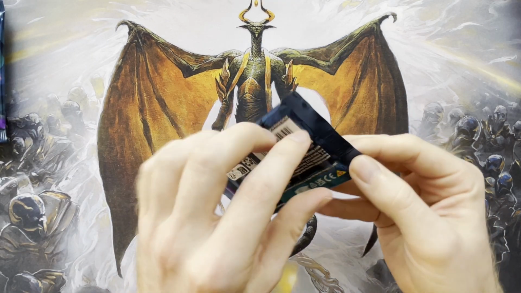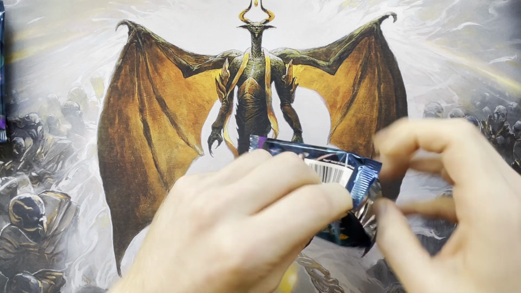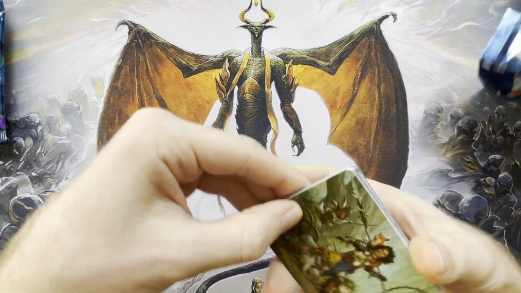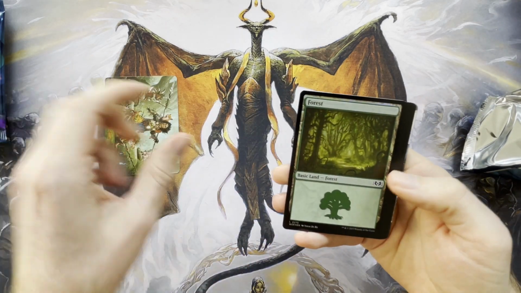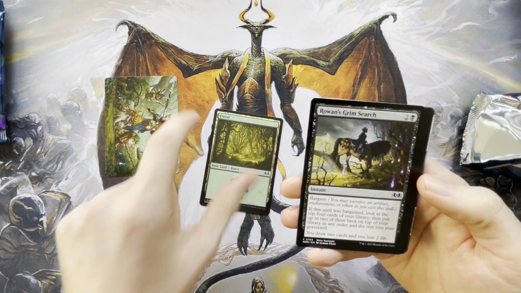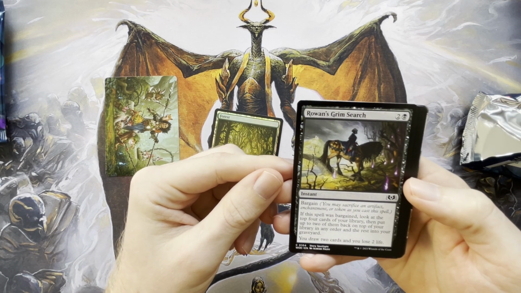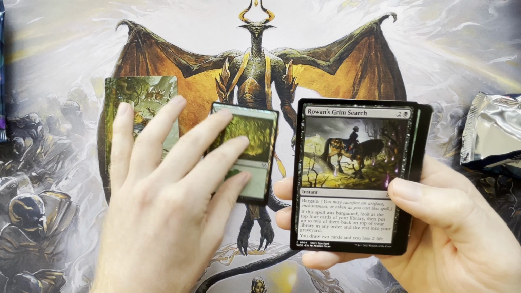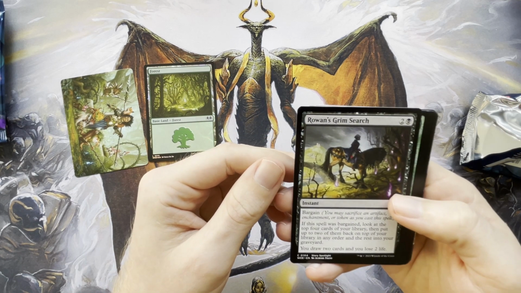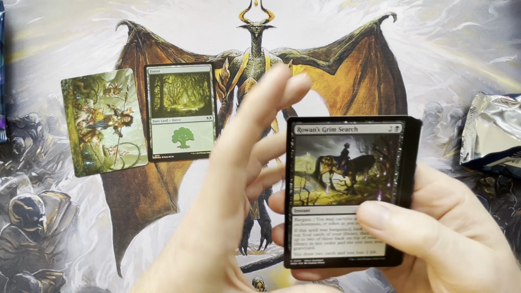Let's see what we have. And we get our first, we see the mirror here. This is our art card. We got a forest, Rowan's Grim Search, an instant with bargain. If the spell was bargained, look at the top 4 cards of your library, then put up to 2 of them back on top of your library in any order and the rest into your graveyard. You draw 2 cards and you lose 2 life. Pretty good in my opinion, maybe a little bit better than Read the Bones in certain decks